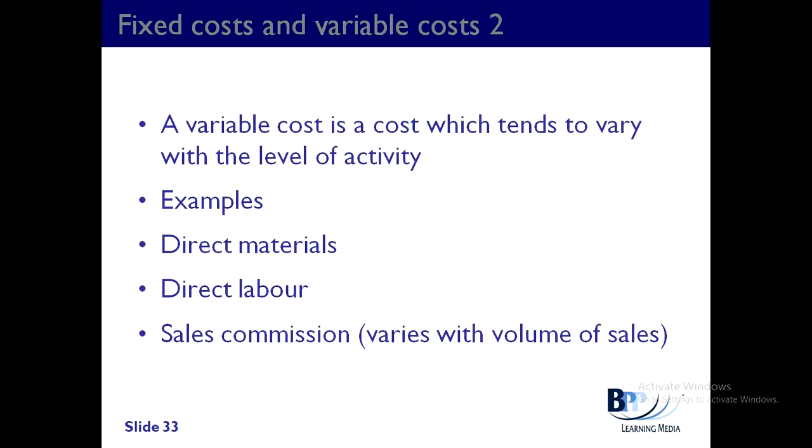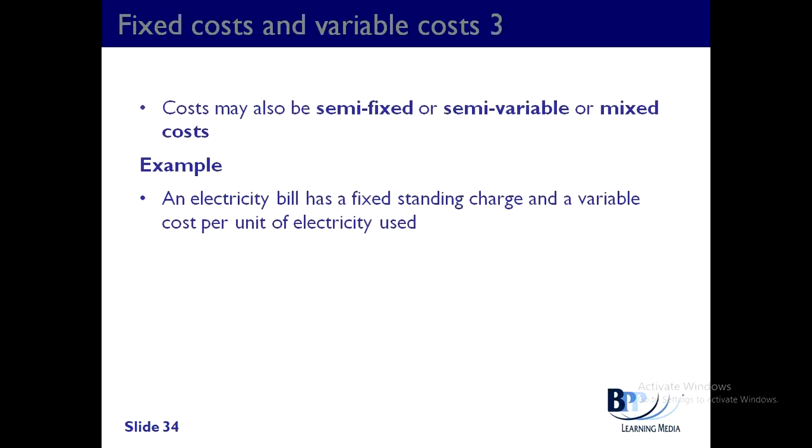produce. If you are paying your sales team on a commission basis, the commission is simply the percentage of the amount of sales that has been achieved by that particular salesperson. So that would tend to vary with the changes in activity level. So if the salesperson sells more, then the commission will be higher. That's a variable cost. Number 3, costs can also be classified in terms of